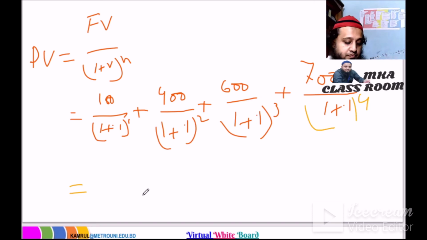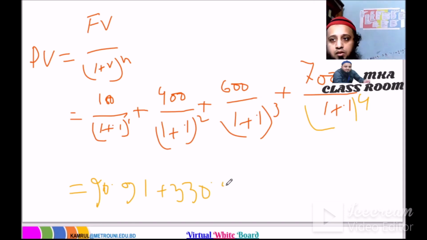Divided by 1.1 power 1, 90.91. 400 divided by 1 plus 1 power 2, that is 330.58